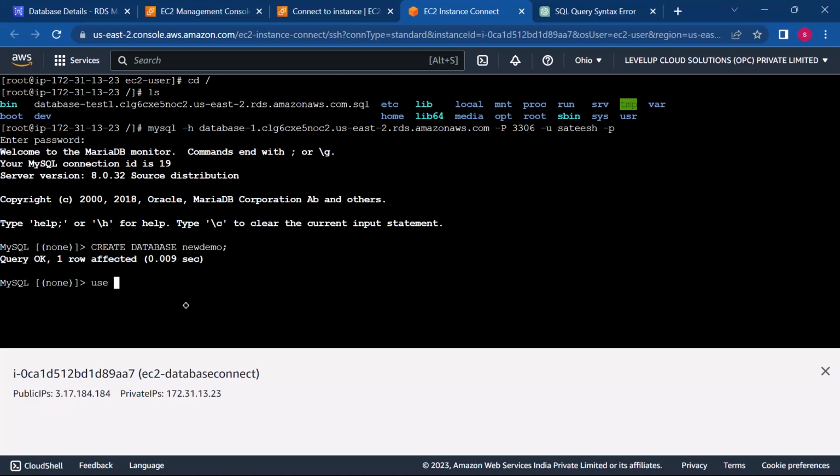Let me say use, what is the database name? New demo. Enter. Okay, now the database is changed. Now you see here MySQL and the database. Let's say create table, and we need to give a name of the table. Let's say I'll give the name of the table as